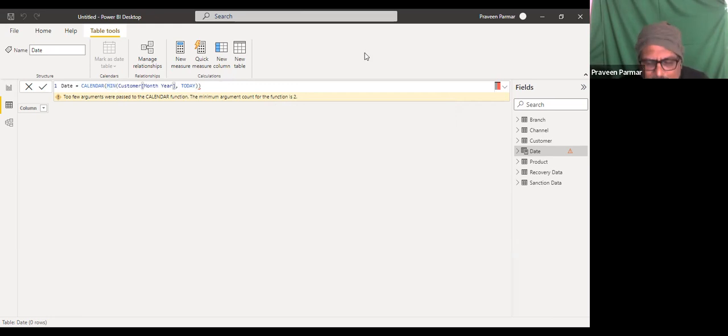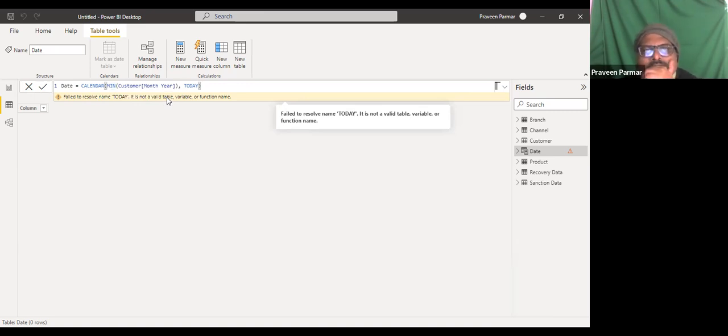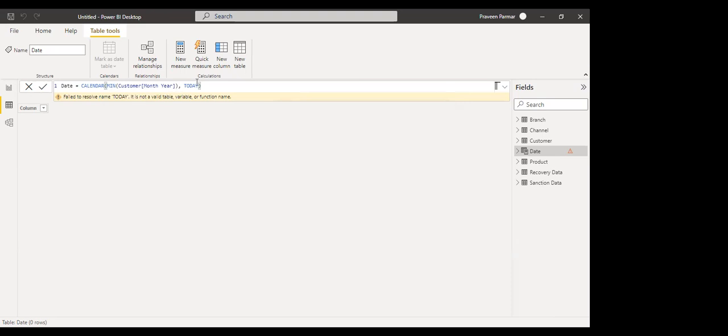Okay, what mistake did I make, I should understand here. I think it should run, but it fails to resolve; today is not a valid variable. Sir, it's a function.